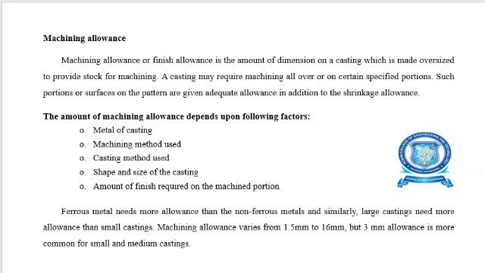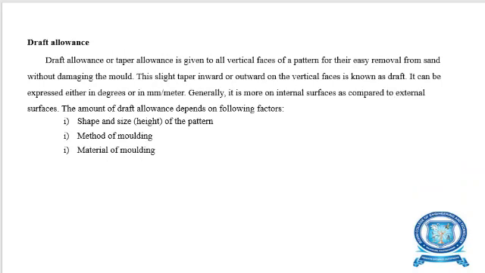The following factors are used for machining allowance: metal of casting, machining method used, casting method used, shape and size of casting, amount of finishing required to the machining portion. And draft allowance. Draft allowance or taper allowance is